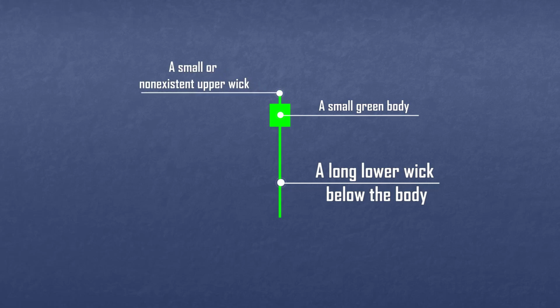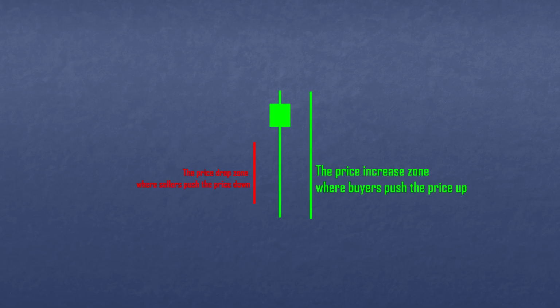Understanding the price action behind the pattern. A bullish pin bar forms when the price opens around this area, and sellers immediately attempt to push the price lower. In fact, sellers initially succeed in driving the price down, but at some point, the low price triggers a wave of buying orders. We can see that buyers are stronger than sellers because they push the price back up beyond the opening price. Clearly, the price increase led by buyers surpasses the initial drop caused by sellers.